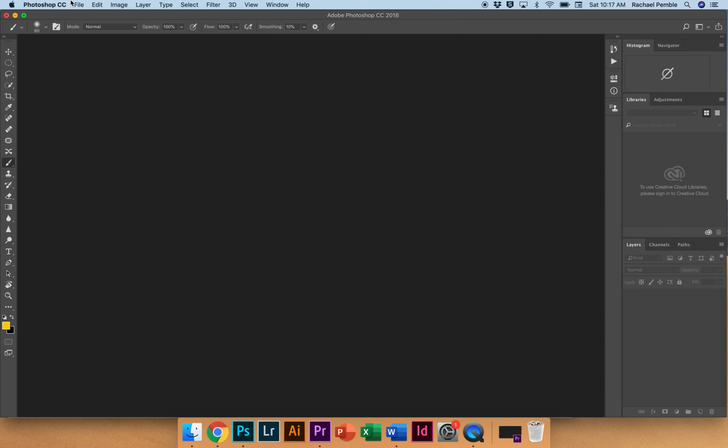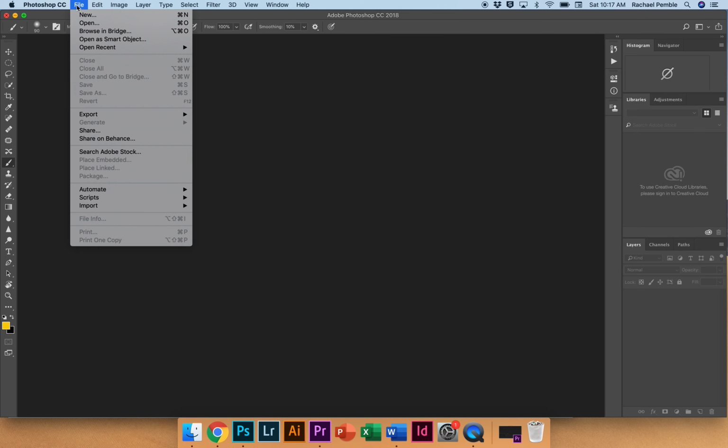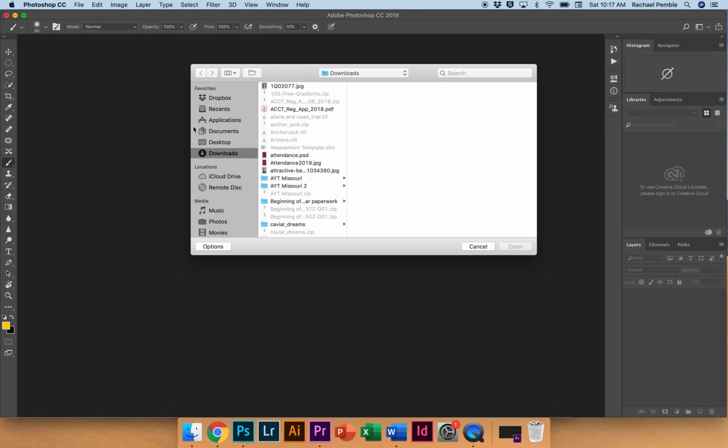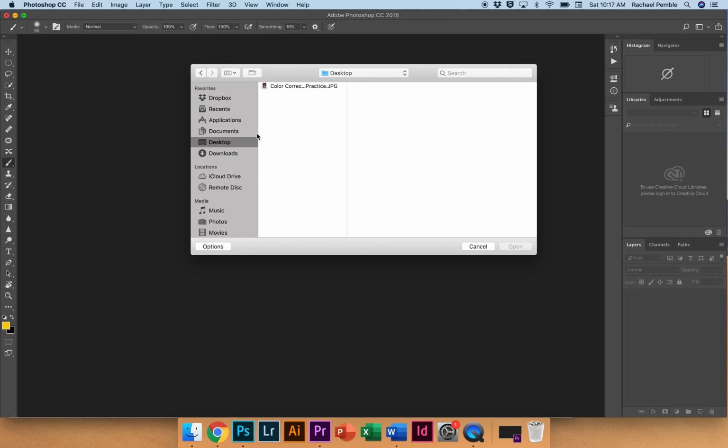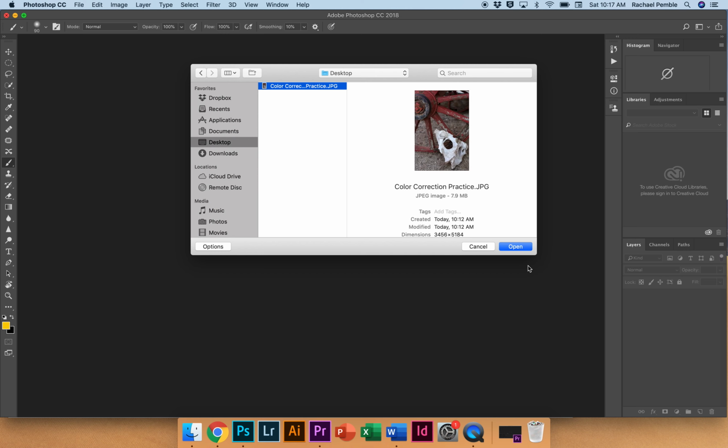With Photoshop open, we can go to our menu bar, choose File, and choose the Open option. And then from here, we're going to get a window that looks like our Finder. We had saved our image to our desktop, so I can navigate to my desktop, choose that image, and click